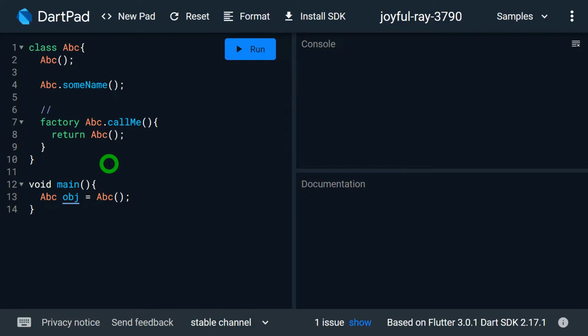Just look at this example here. We have the constructor called ABC, which is basically the unnamed constructor, and this one, abc.someName, is the named constructor. And here we have abc.callMe, which is the factory constructor. In line number 13, I'm calling the normal constructor, that is, the default constructor. If I want to call this factory constructor, then simply I can write abc.callMe, and that's that. We can observe here that the call to the factory constructor is very similar to the normal constructor, that is, to the